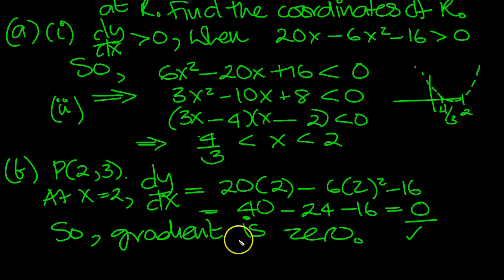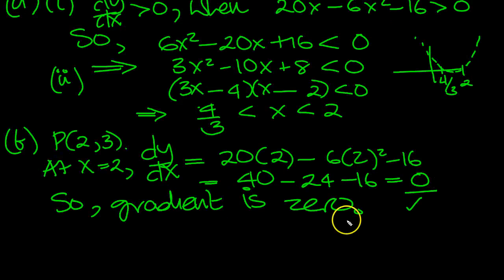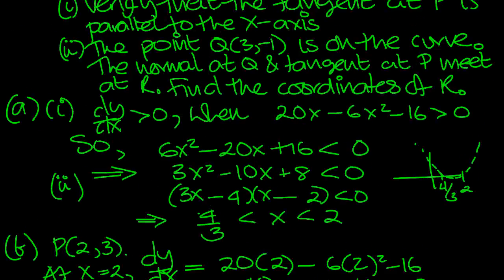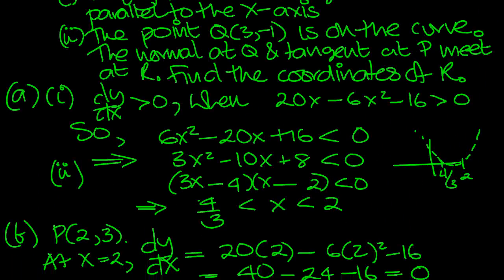Okay, good. So that was at x equals 2. So the equation of the tangent then, if it's a flat line and goes through P, is y is equal to 3, that's the flat line it is, and that's the height it is as it goes along parallel to the x-axis. So that's the equation. So that was B, part 1. Part 2 then,